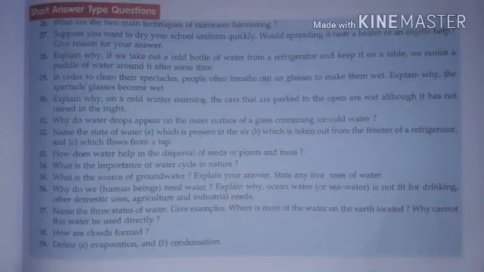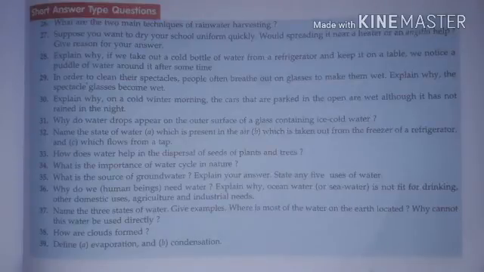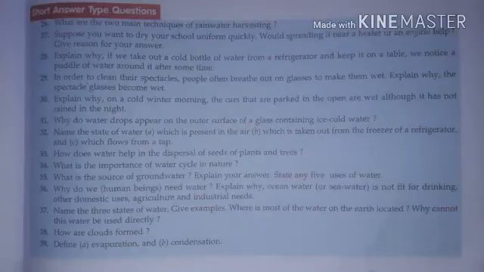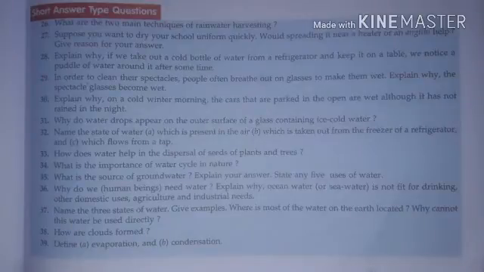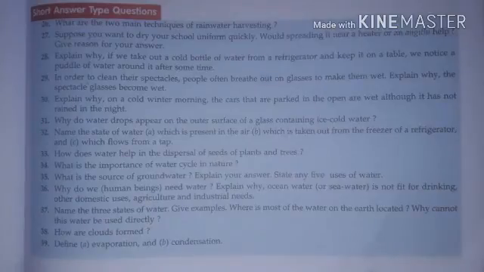Next, here he asked why we can't use salt water, meaning ocean water. Why? Because salt water itself indicates it has more salt. So this water cannot be used by us, not only for drinking, even for agriculture and industrial needs. Why? Because this water is very impure in nature, loaded with salts and minerals, so we can't use such water for our daily needs.